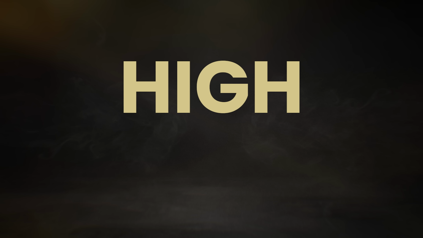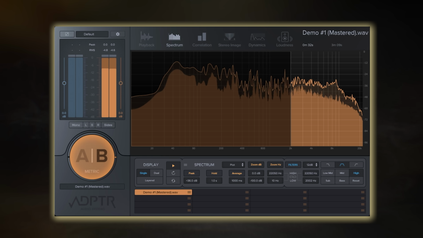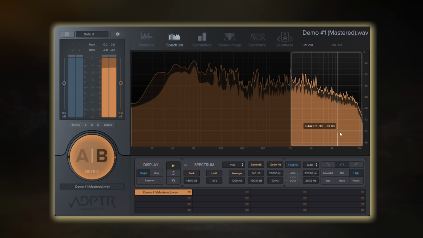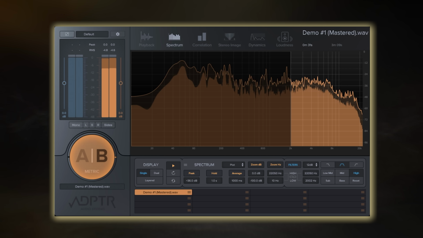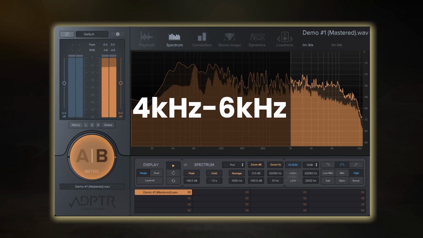And finally, we have the high range, which roughly covers from around 2 kHz all the way up to 20 kHz. However, within this very large range, there are a lot of smaller spots that are helpful to know and break down. For instance, the 4 to 6K area is really aggressive in sound, associated with something like the bite